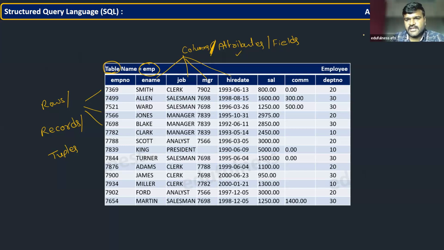Now here we took an EMP table. In this EMP table, if you observe, 8 columns are there and 14 records are there. This is not just random data for our information. This table is designed by Oracle actually. You might see it in many places. If you don't see it, it's not at all a problem.